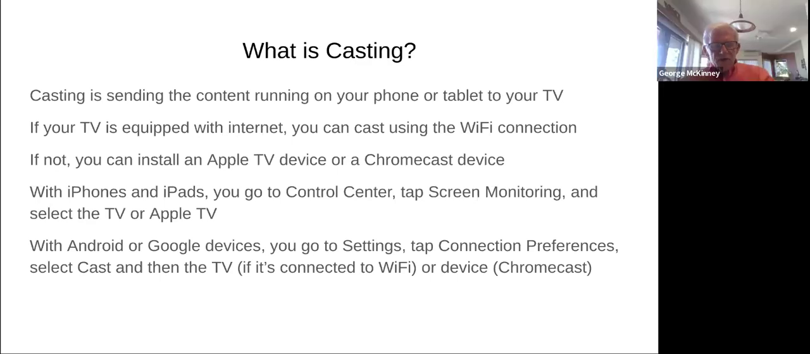Okay, we're going to go to a couple of videos in a moment, but if you have an Apple device, you go to the control center, tap screen mirroring, and select your TV or Apple TV device. Again, if you have a smart TV, it might be able to connect directly. With an Android or Google device, you go to Settings, tap Connection Preferences, and select Cast. Then TV, if that's connected, or device. So since that's way too summarized,